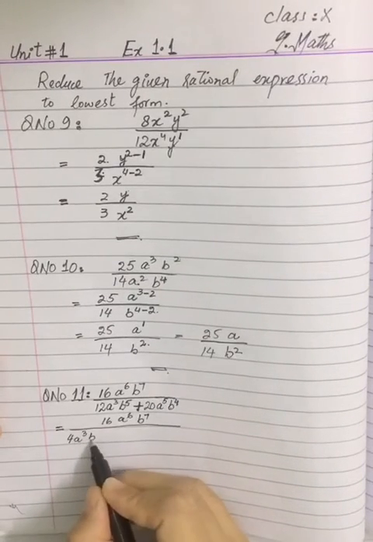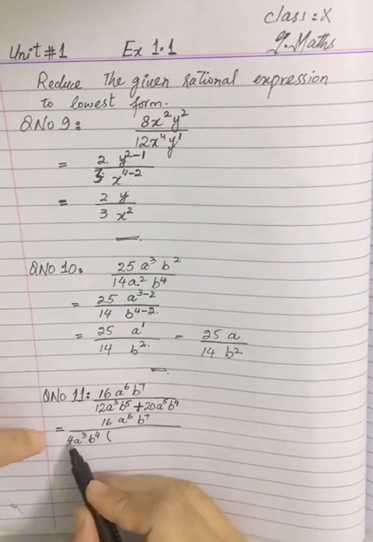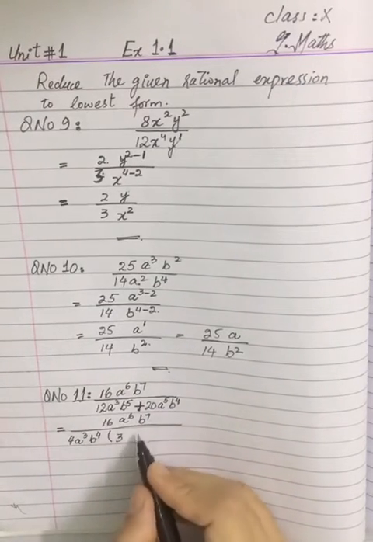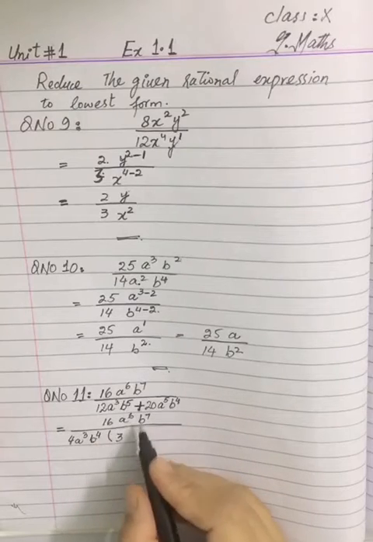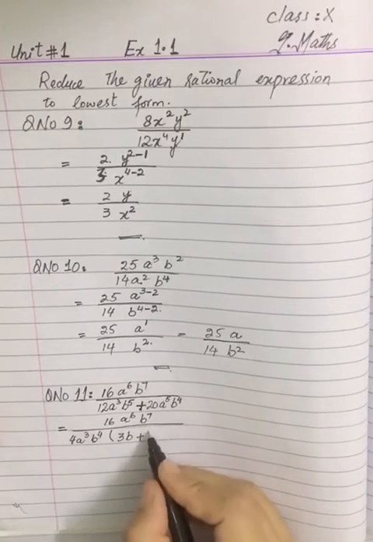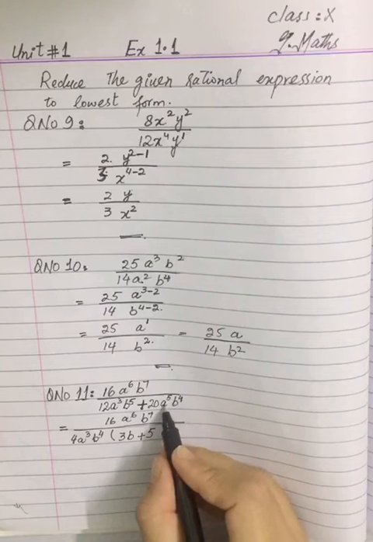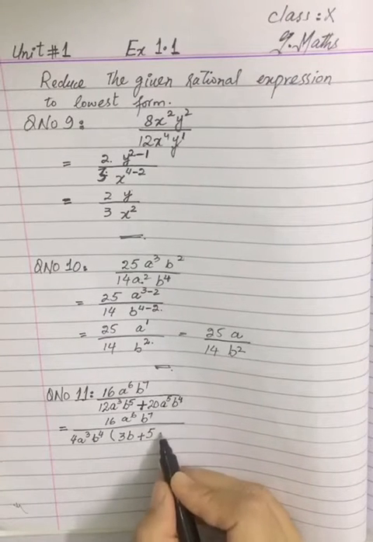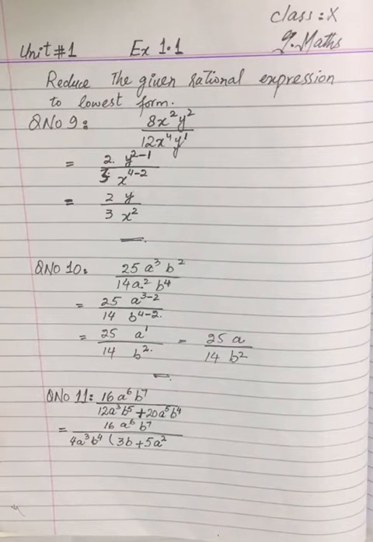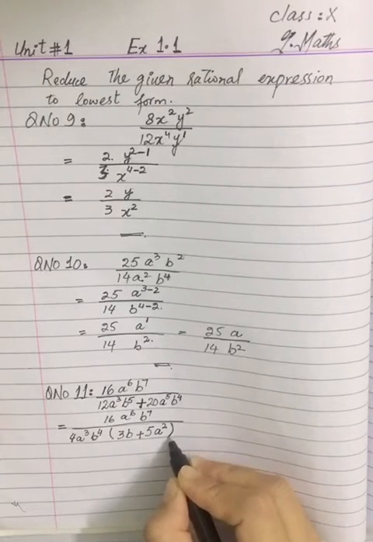So it means b raised to power 4 would be common. I have taken b raised to power 4. Now what is left? 4 3 times 12, 3 here. A raised to power 3 was common. B power 4 common. We are left with only b, plus 4 5 times 20, 5 comes here. A raised to power 3 common, and here was the a raised to power 5. So I am left with a raised to power 2, and b raised to power 4 was common, so this is done.